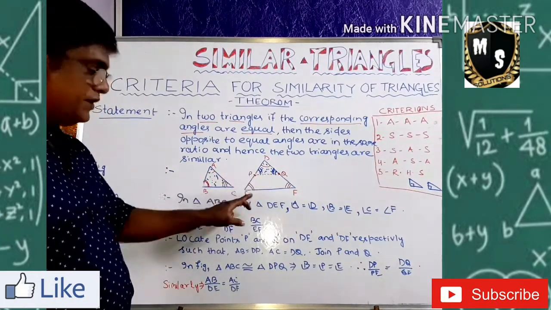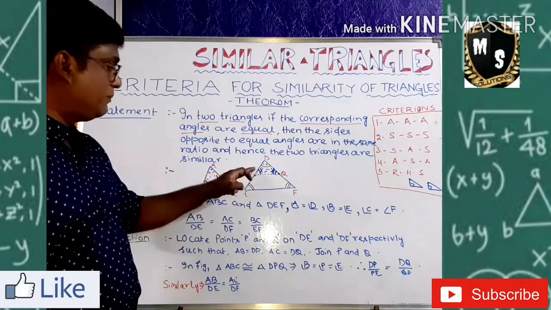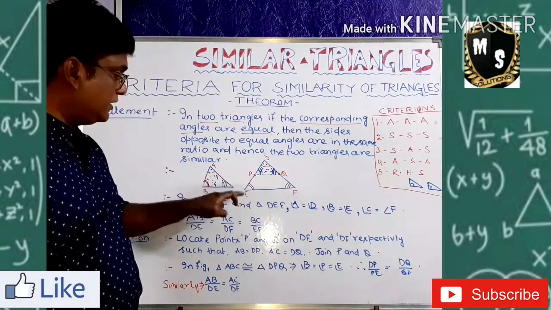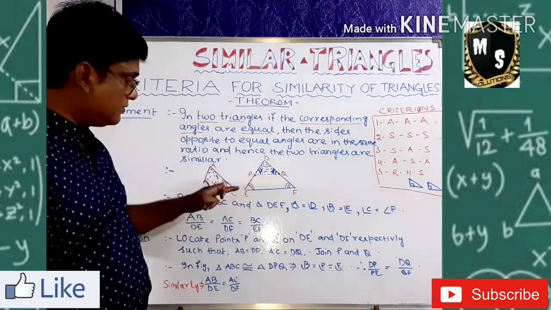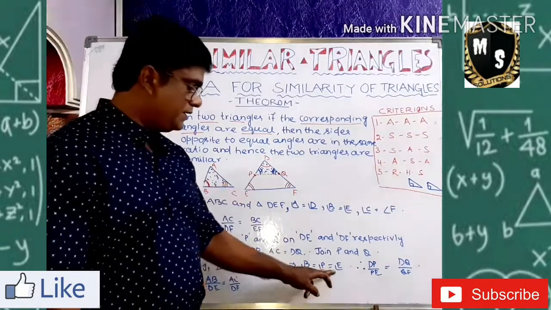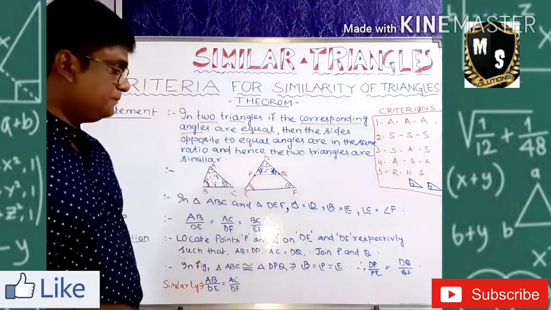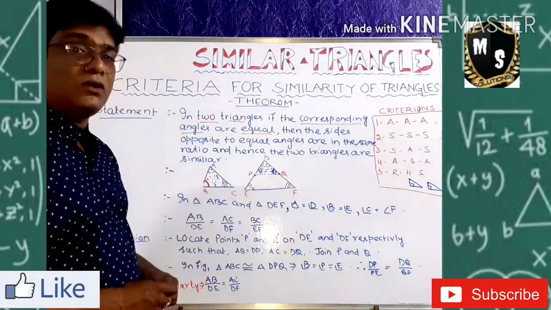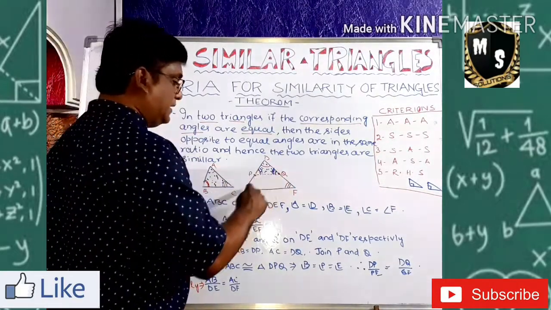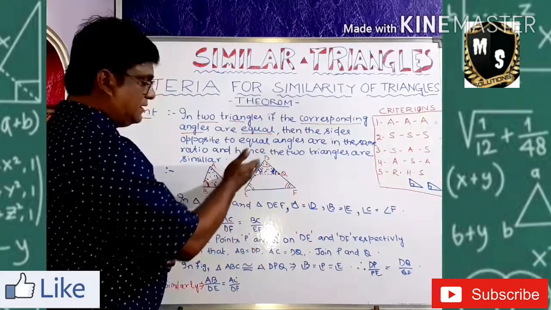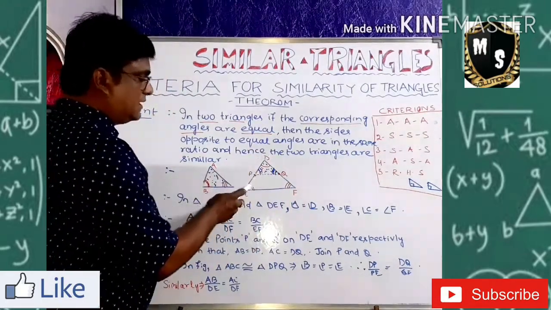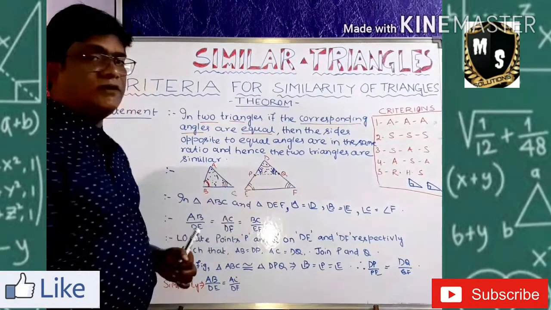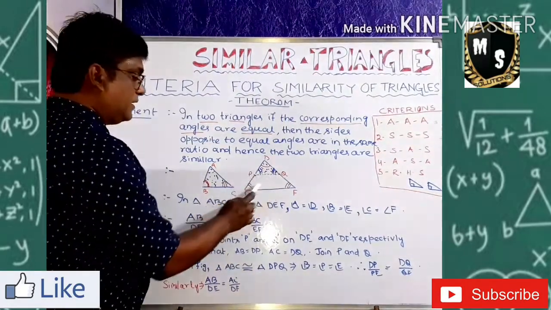B angle equal to E angle. Now B angle is equal to P angle. So B angle is equal to E angle also. So P angle is equal to B angle. So B, P, E, three angles are the same. If these two angles are the same, what are these two angles called? Alternate angles. So now this is a line, this is a line, this is a transversal. So now these two angles are the same like this. Definitely PQ is parallel to EF.